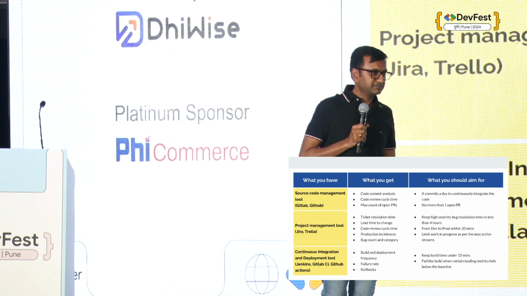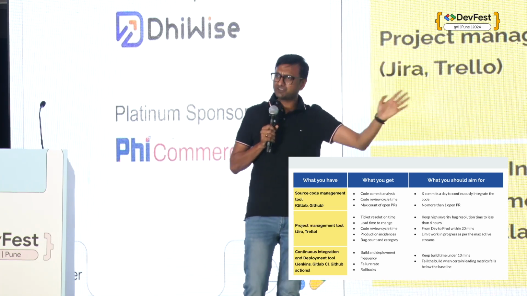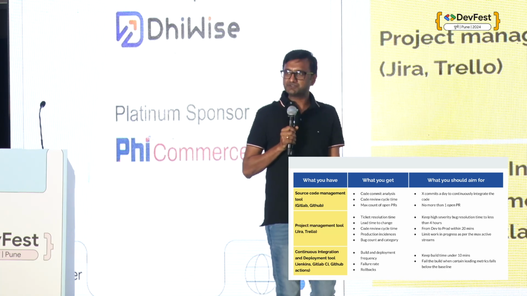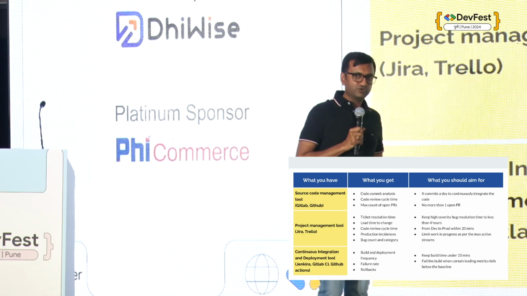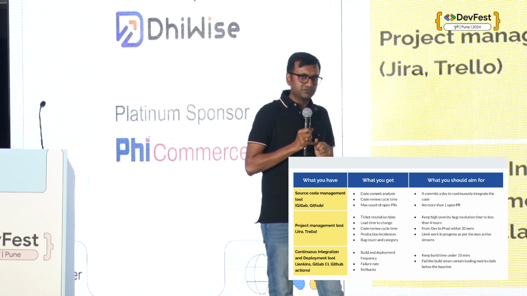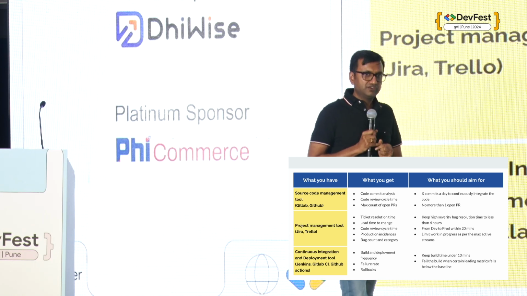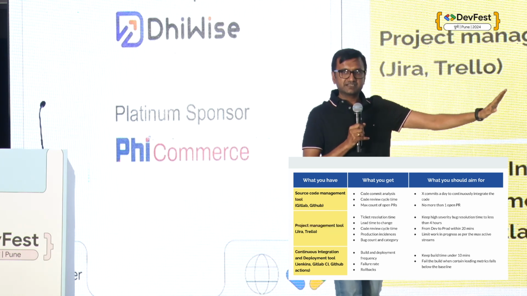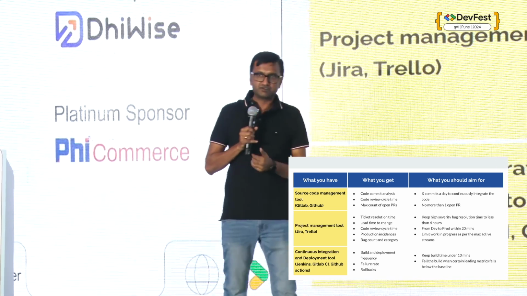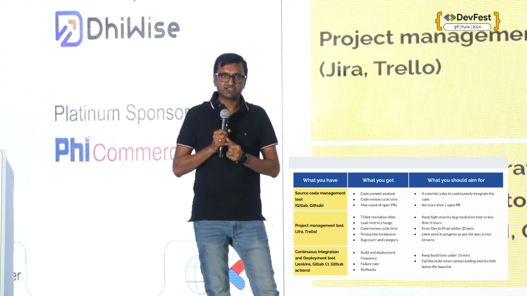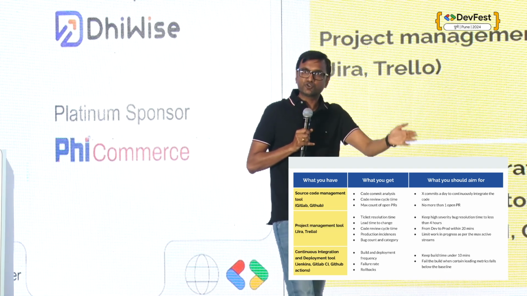Project management tool, Jira, Trello. All of us use some or the other project management tool. All of them come with plugins to give you the ticket resolution time, the code review cycle time, the production incidences, the bug categorization, and so on. You can easily derive some of the important metrics and keep tracking those. Things like how much time does it take from dev to production? Is it under 20 minutes? Is it more than that? If it goes more than that, it's a problem.